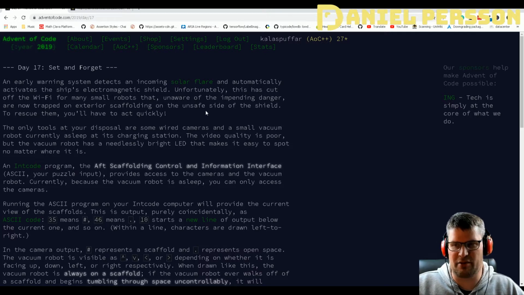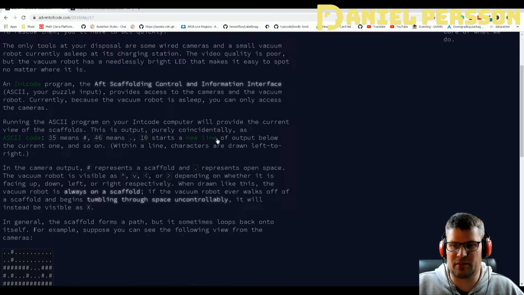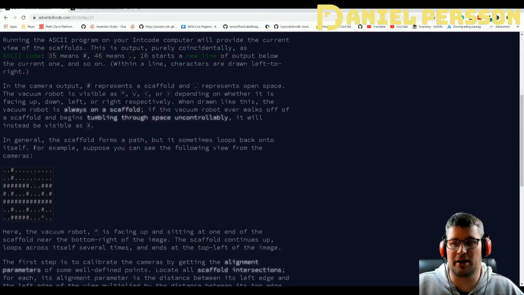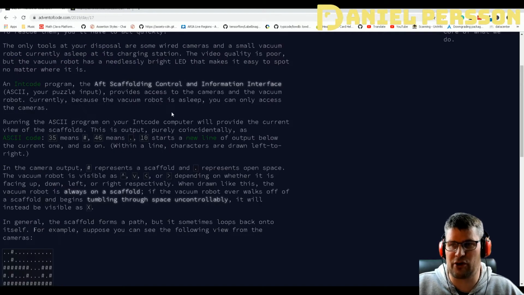And we actually have a program that can handle this, the aft scaffolding control and information interface, the ASCII, which is our puzzle input. And if we run that, it will actually give us back ASCII characters where the robots are located on the scaffolding, and we need to print those out, and there will be